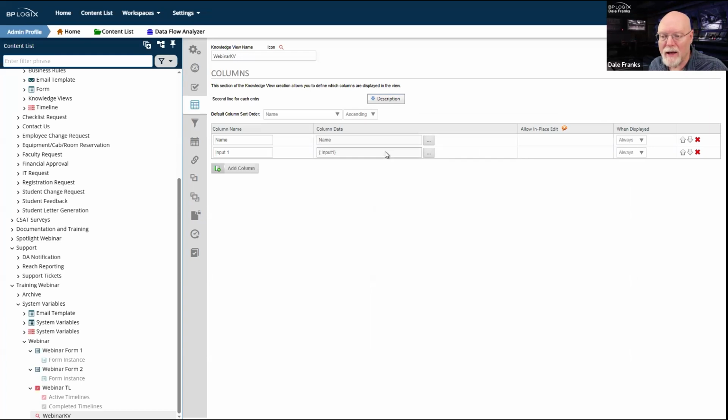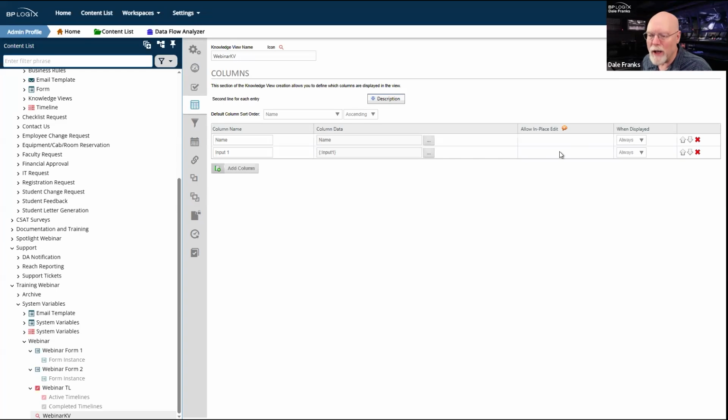Once I'd selected the form field type in the column data column of that particular row, then I would get a checkbox to allow in-place edit. If you use the system variable, you're going to lose that capability. Sure, everything is going to be concatenated into a single field, which is great for display. But if you want to edit it, then obviously that is going to obviate your ability to allow in-place edit.